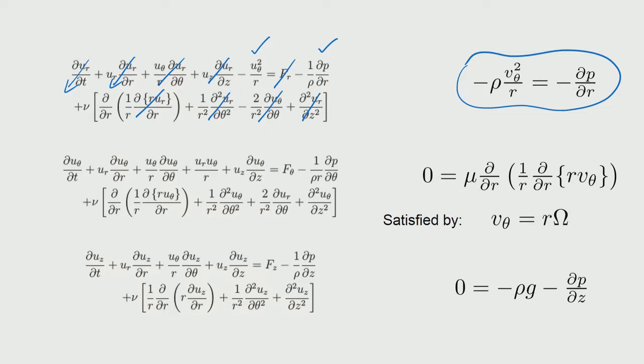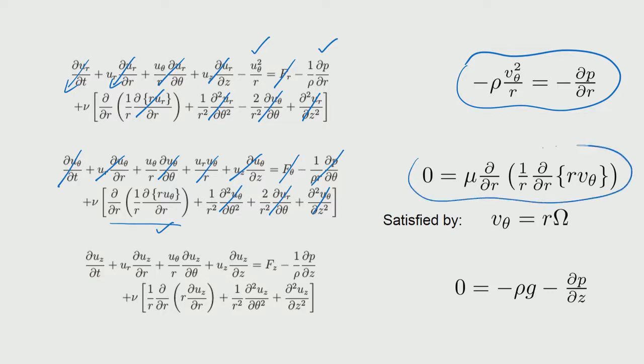Similarly for theta, we say that it is a steady state and there is no UR and there is no UZ, and from the axisymmetry, UR is not there, and there is no Z variation of velocity in the theta direction. So, it basically leaves us only one term. Axisymmetry also makes the P not vary along theta, and there is no body force acting in the theta direction. So, we have a very simple equation that has only one term.